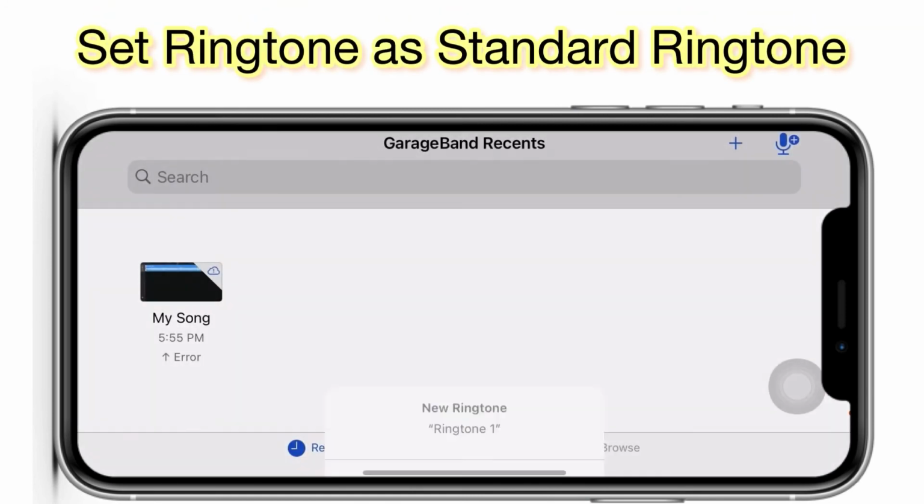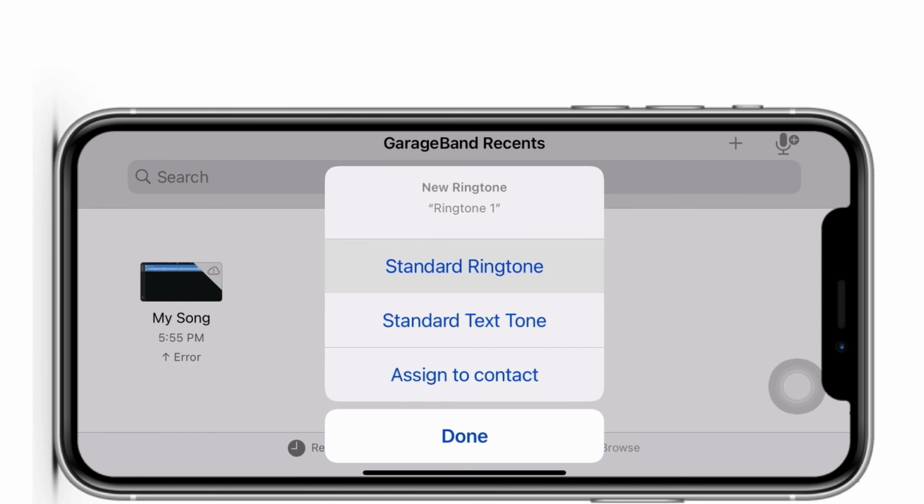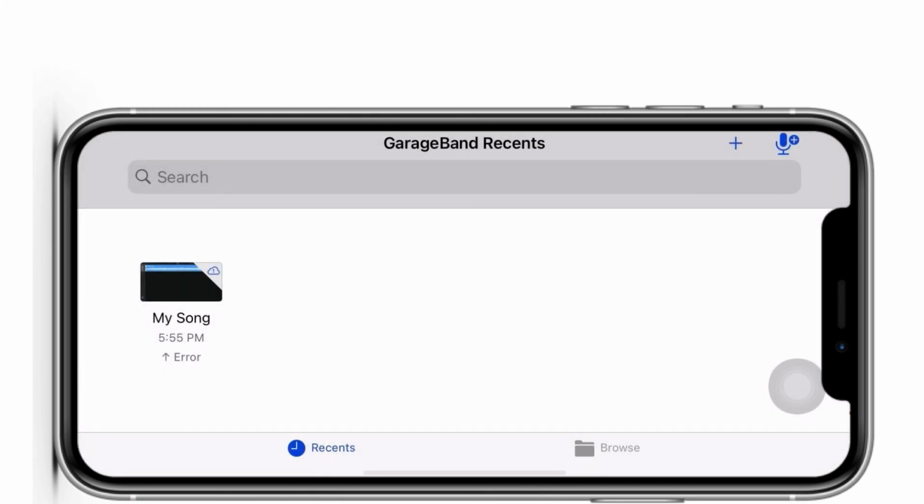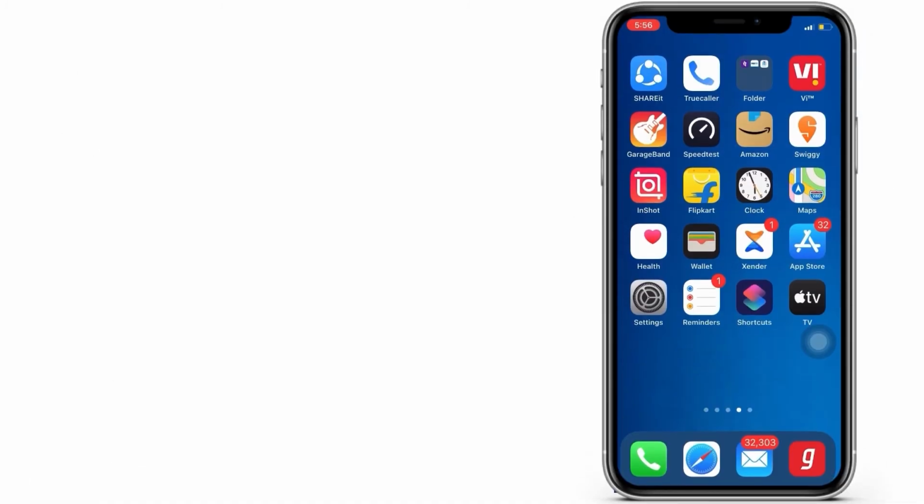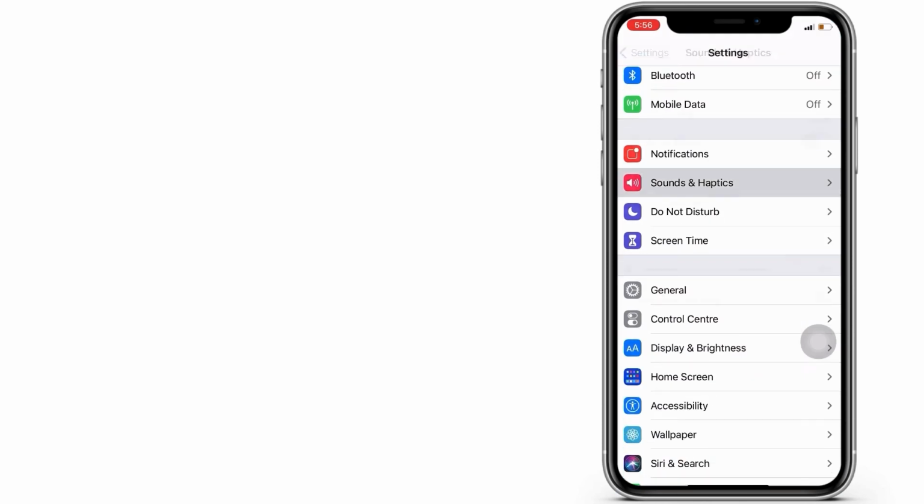So here is your ringtone, and now you can set this ringtone as Tinder ringtone, as you can see in the video. You can access this